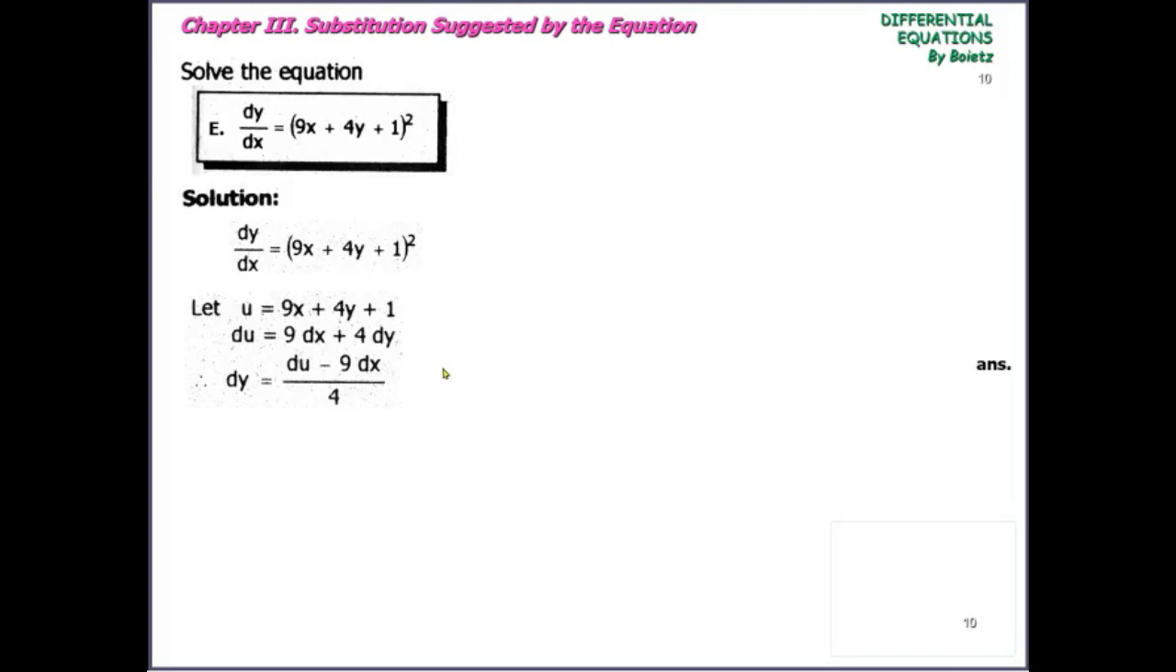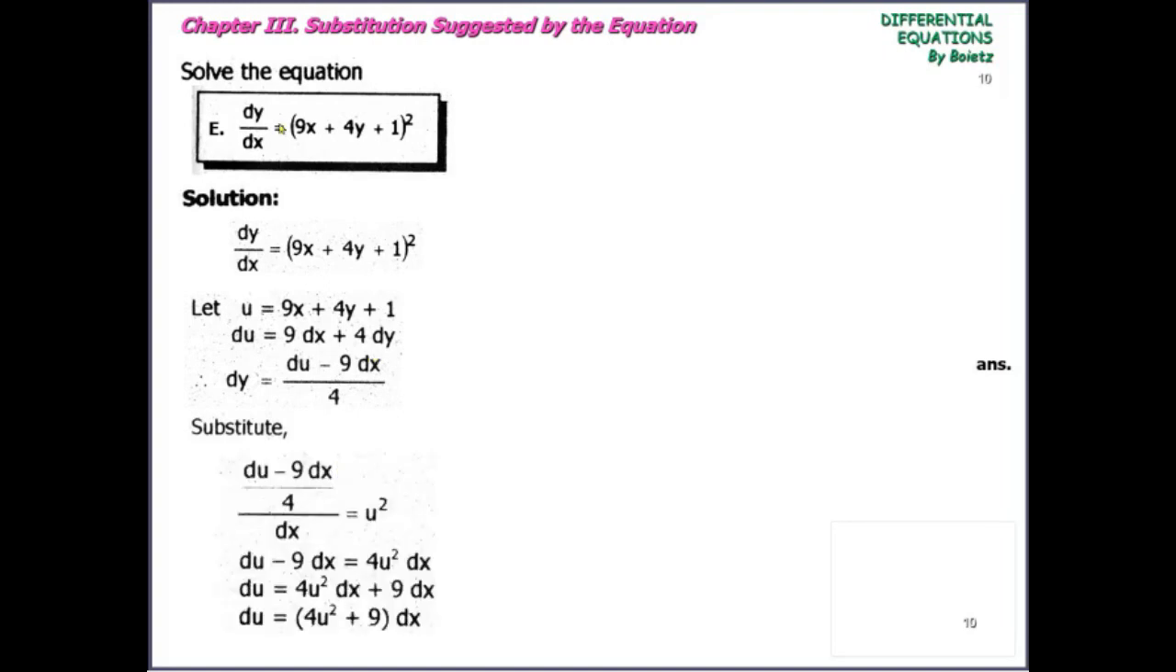Then, ano yung kakonvert natin? Yung dy, dy na lang siguro para mas madali. So, kunin natin yung dy. Ito, lipat mo sa kabila: du minus 9 dx, divide mo sa 4. Then, substitute. Pag sinubstitute mo siya, yung dy is quantity du minus 9 dx all over 4, all over dx is